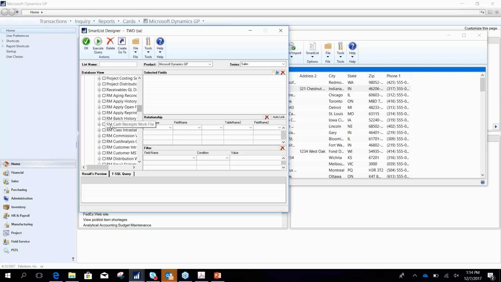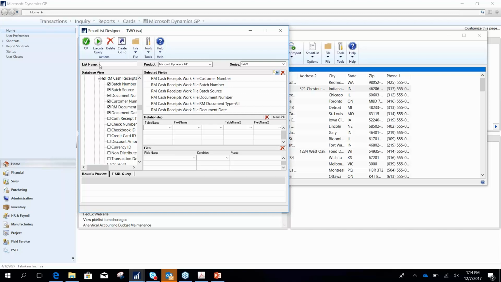So if I came out and let's just see if there's anything that looks nice. Just trying to think of anything out here that we could run off of. Well, let's just grab the customer here. So again, as long as my customer number is first, then my view from here would actually work. So save this. I'll just call this cash receipts for the moment